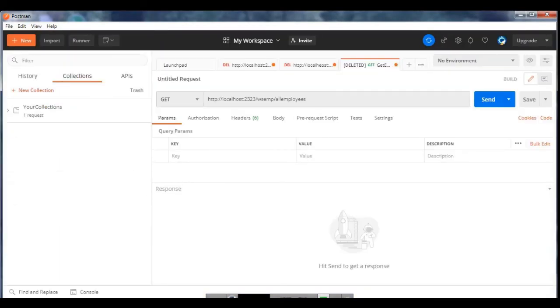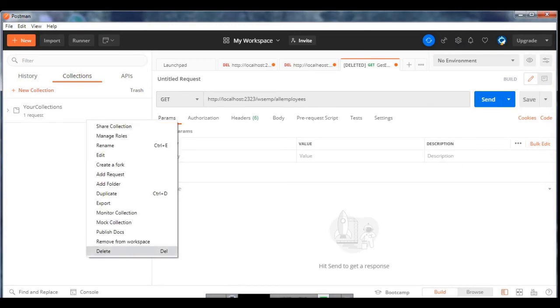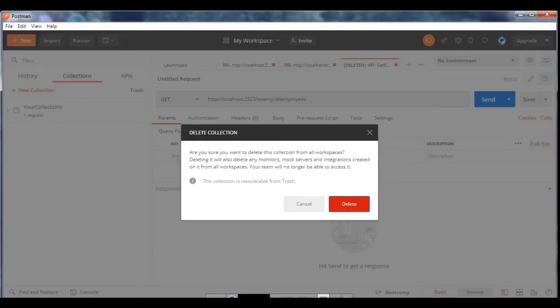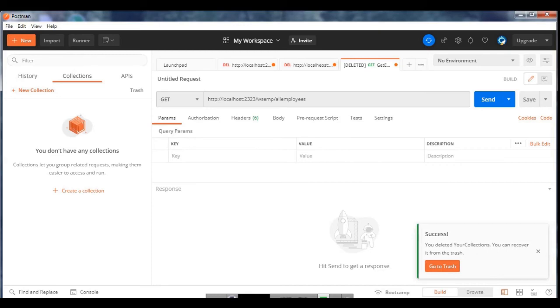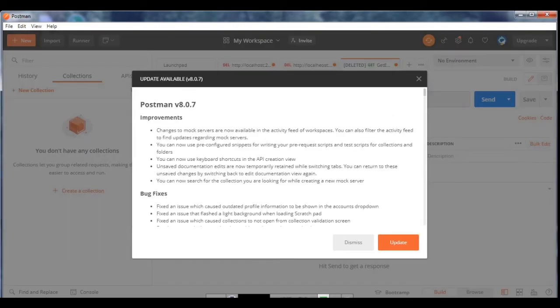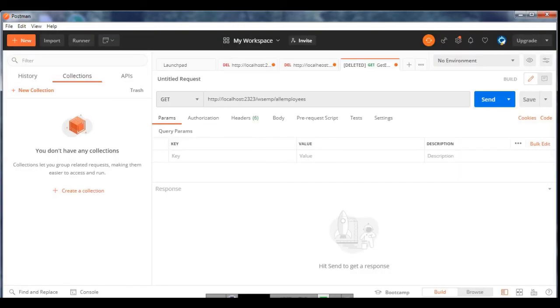This is the Postman tool. I will tell you a little bit briefly, and this is used for testing basically all endpoints.